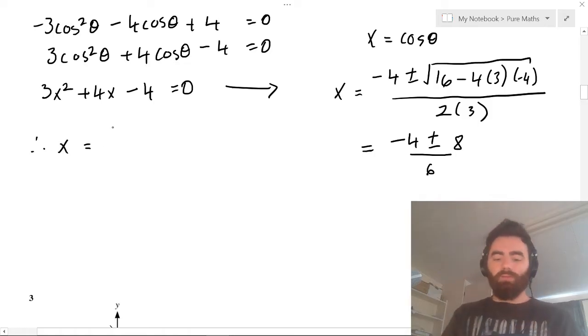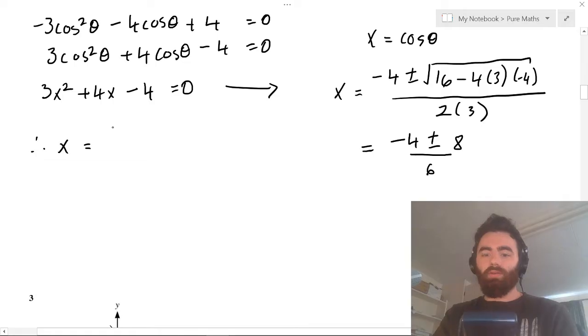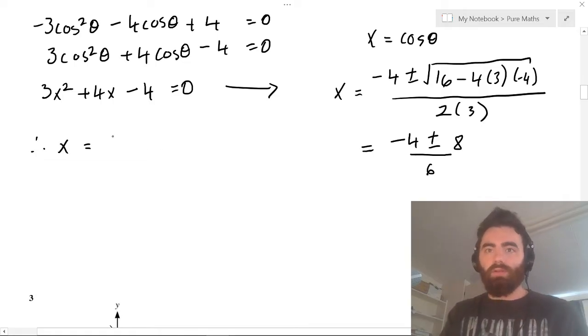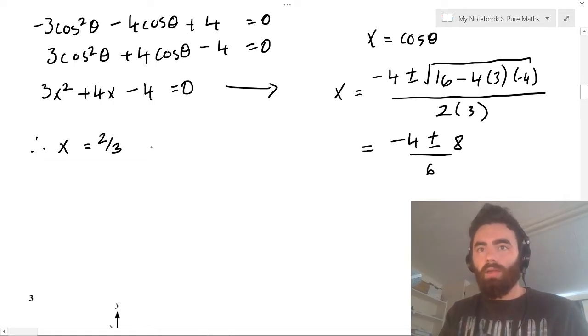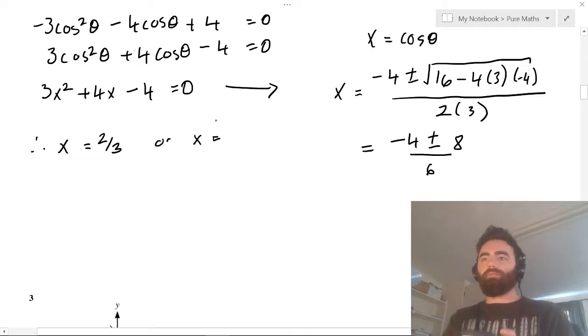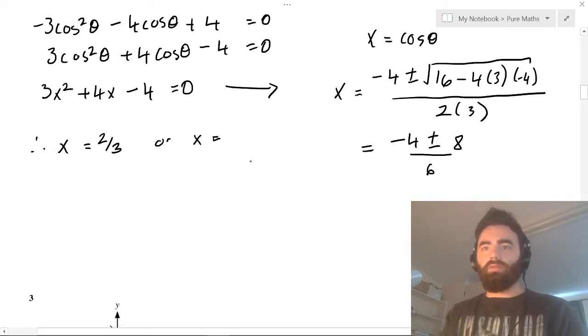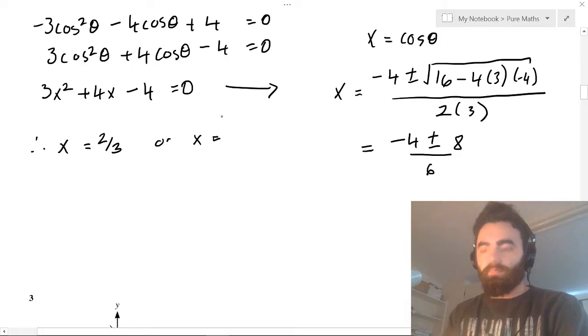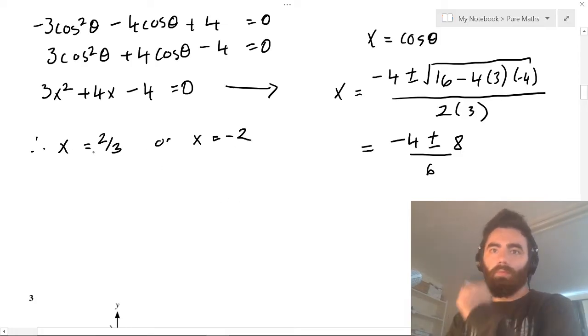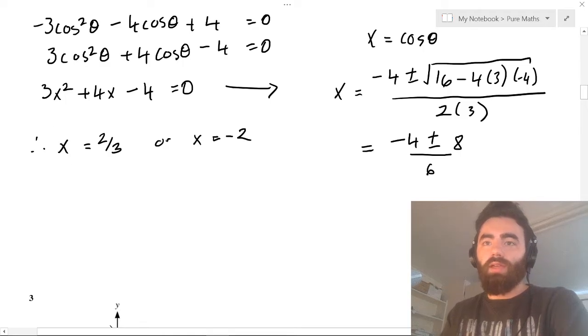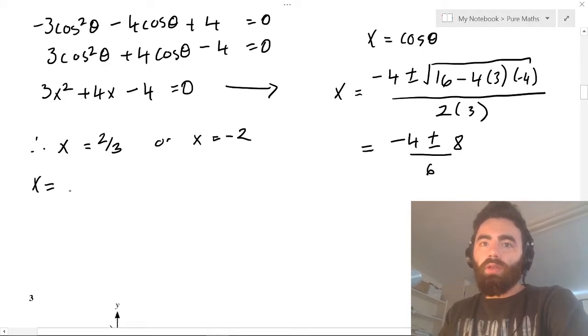So we get minus 4 plus 8 divided by 6, which gives us 2 over 3. And we also get, or x equals minus 4 minus 8 divided by 6, which is negative 2. Okay, so those are 2 solutions of x,